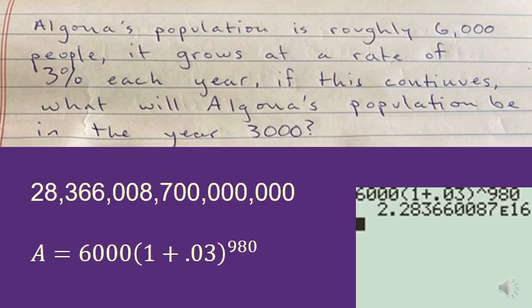You can see I did type in 6,000 times 1 plus 0.03, all of that raised to the 980th power, and what we got is 2.283660087 E16, which means 2.28 times 10 to the 16th power. That means after the 2, there's 16 places until you get to the end. So the number that we are looking at in this problem is going to be 28 quadrillion, 366 trillion, 8 billion, 700 million people, which would be a whole lot of people if it kept growing at that rate for